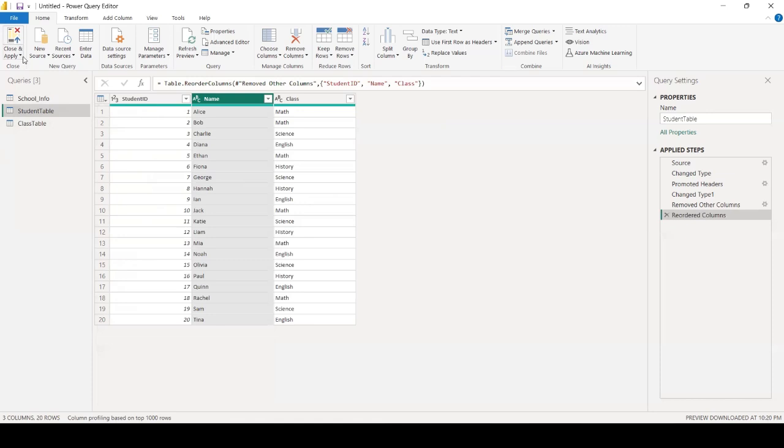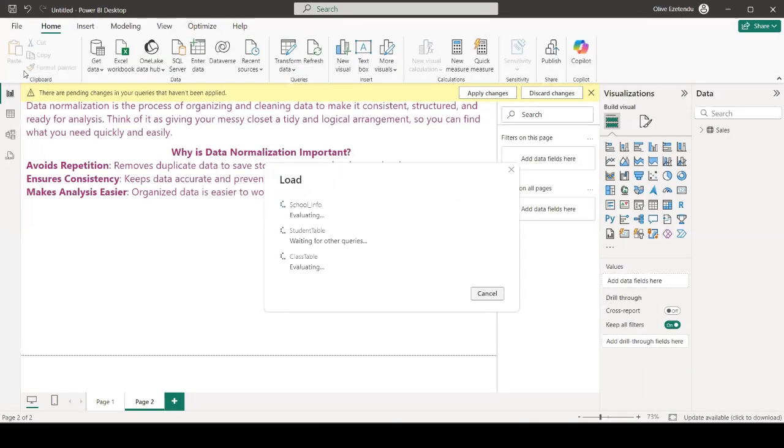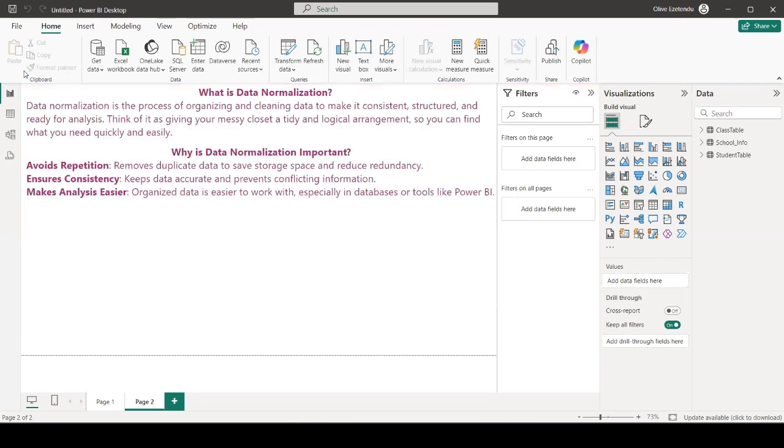So now that we are done normalizing, we're just going to come here, close and apply, and then we're going to go into our data modeling view and model this data, because it's a different thing for you to just normalize. But once you're done normalizing, make sure you model that. So go to your model view,